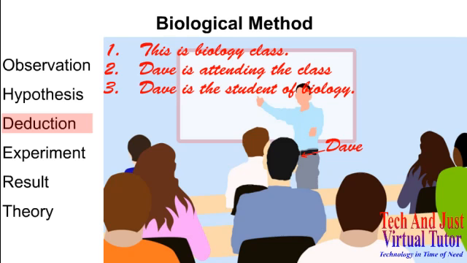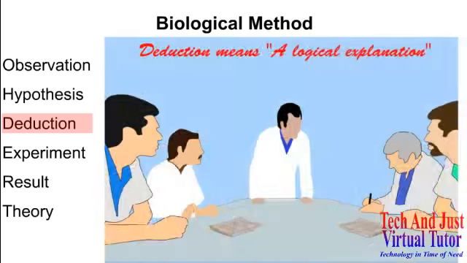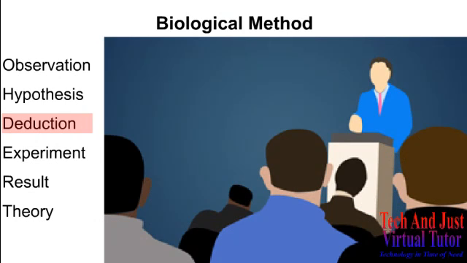Now looking at this example, we can say that in biological method, deduction is a process where all the views and the best guesses of all the team members of this meeting are put together and reviewed. At this time, certain discussions and debates will take place, which would prolong and extend, involving further meetings until the team reaches a deduced result. And this result is called a deduction, which means a logical explanation.